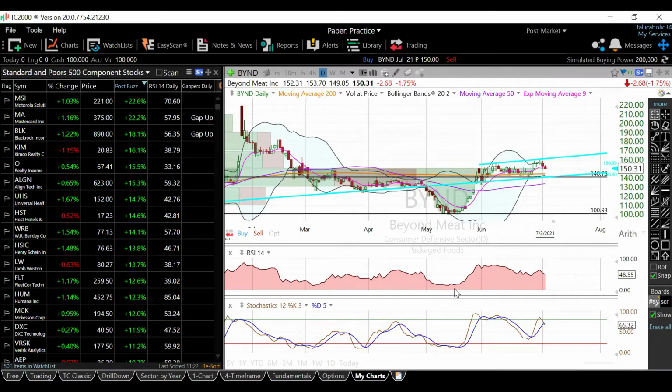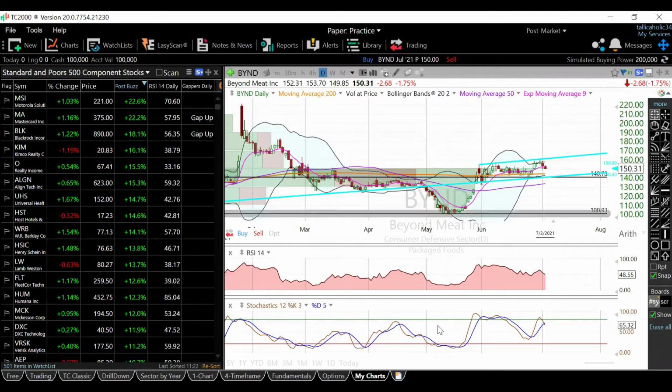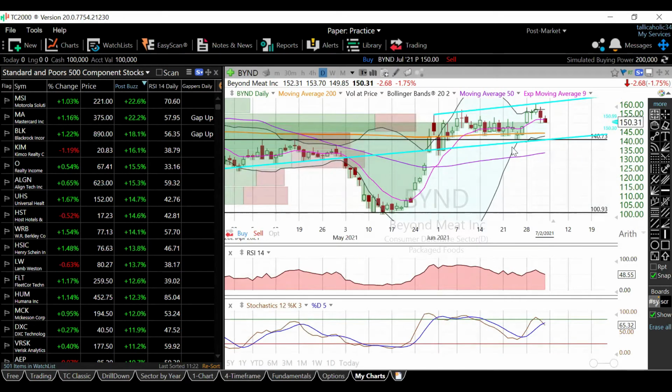And really, when it went down there, it scooped up this RSI and stochastics as well. So you can see basically every time in the past, the stochastics got that low, just a little scoop, and then obviously that large one for the whole month of May. But now this trend line that we have drawn from the beginning of the year, we are finally climbing back in that now. So we're going to just leave that trend line on there because we are respecting that lower trend line there. We added this upper trend line as well. So now we created a little bit of a channel here coming out on the daily chart.